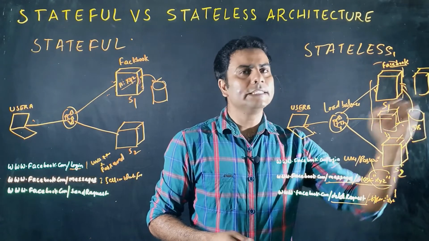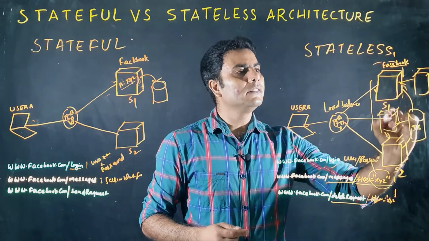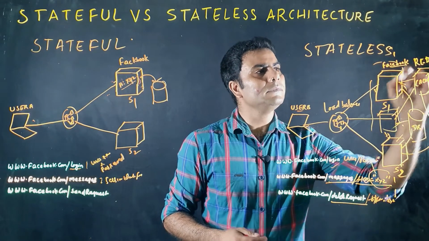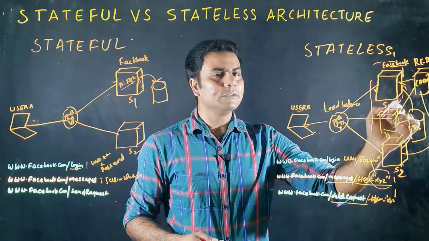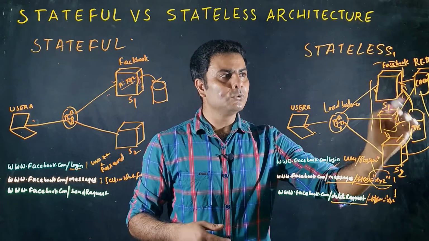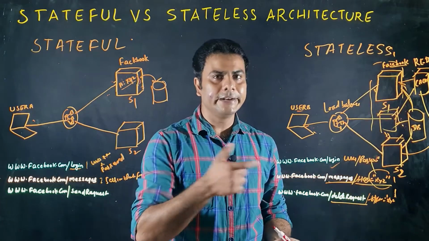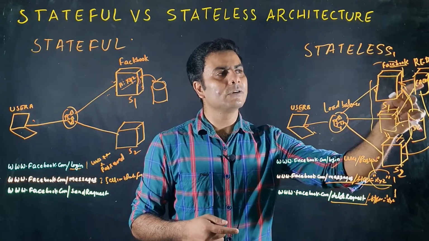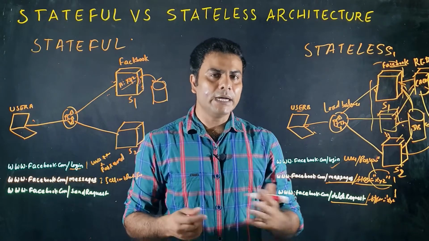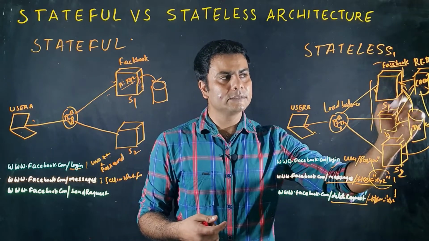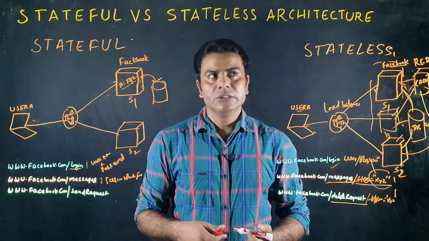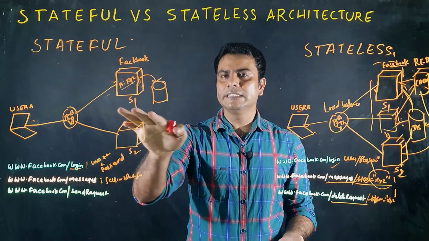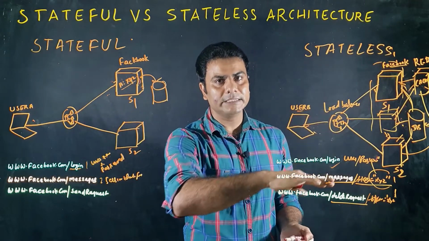So all the session IDs we can store on the cache server. Let us assume this is a Redis one. So now the first time a request goes to this server, it will check in the database if this user is valid or not, then create the session and store it in the cache. We know that cache is faster. So in that case, we can store all the session data in the cache. So now, hope you understand. Here we cannot scale the application horizontally. Here we can scale the application horizontally.